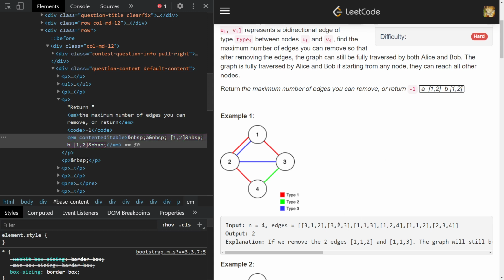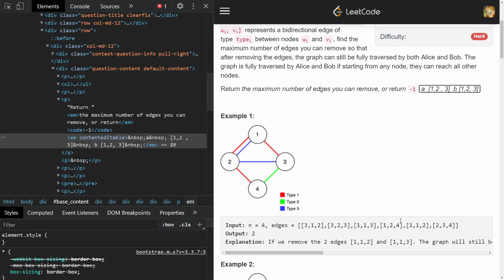When we look at the next edge, now 2 and 3 are also connected. So the component will be 1, 2, 3 for Alice, and the component will be 1, 2, 3 for Bob as well. Right? And when we look at this edge, it is only concerning Alice. For Alice, 1 and 3 are already in the same component. So because 1 and 3 are in the same component, this edge is redundant, we will not consider it.